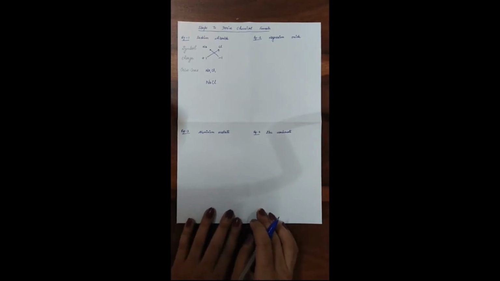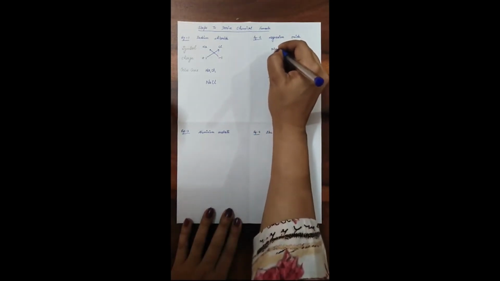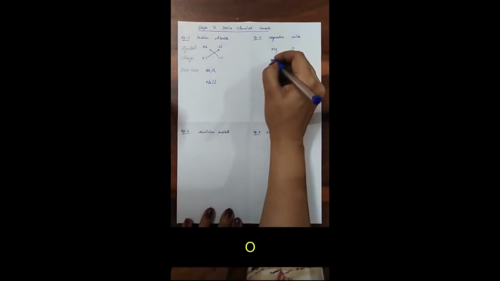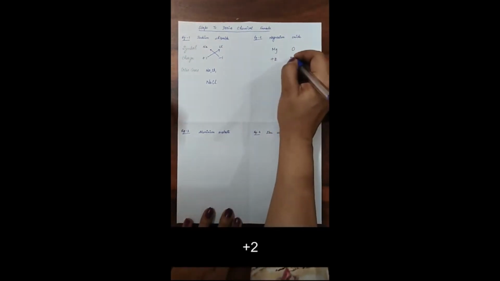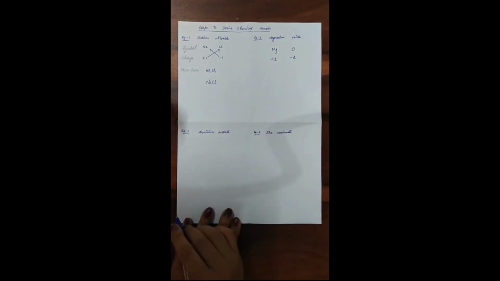Now let us start with magnesium oxide. Again, I'll write down their symbols first, and then below each symbol, I will write their charge. So magnesium, M capital, g small, oxide O. Magnesium +2, oxide -2. Now we have to check, is there any common factor which can be cancelled? So 2 and 2, they both have a common factor 2, like you take the LCM in maths. So here 2 is the common factor.